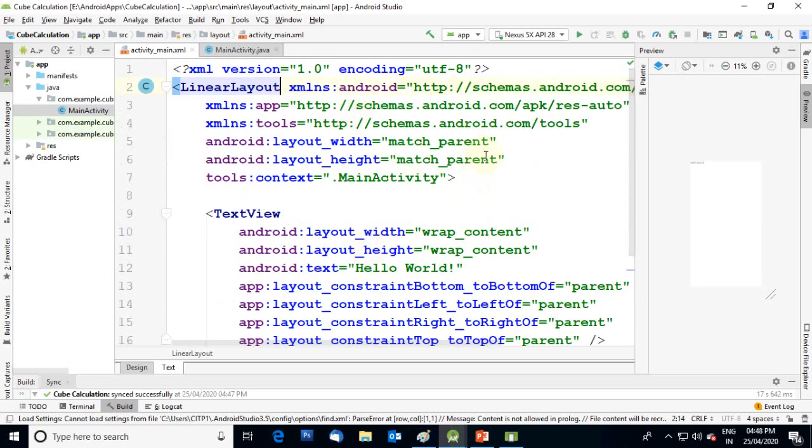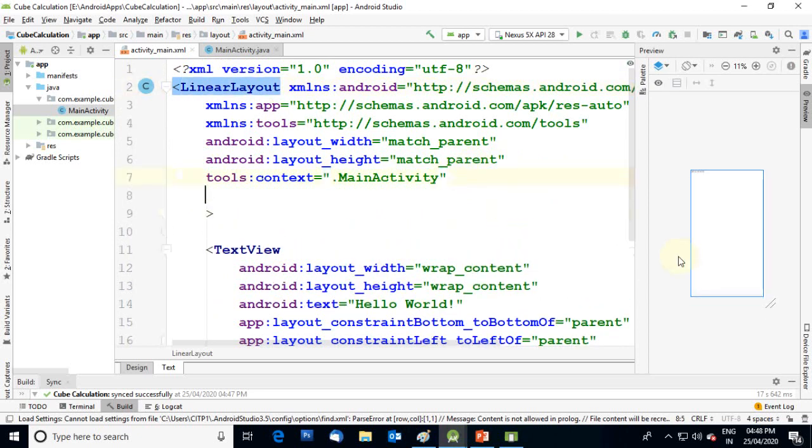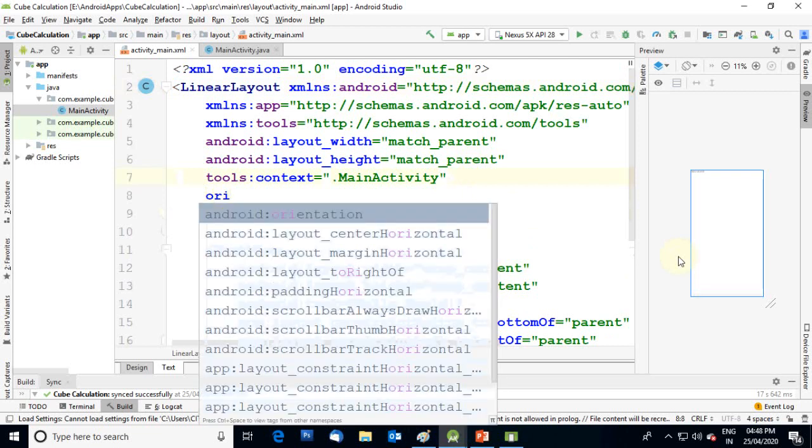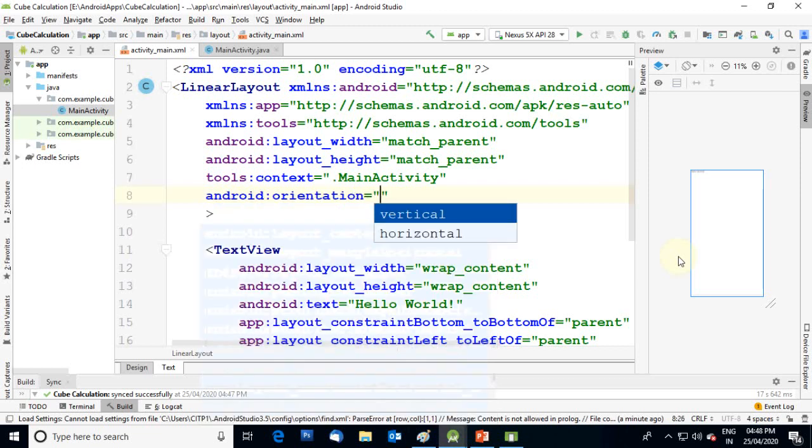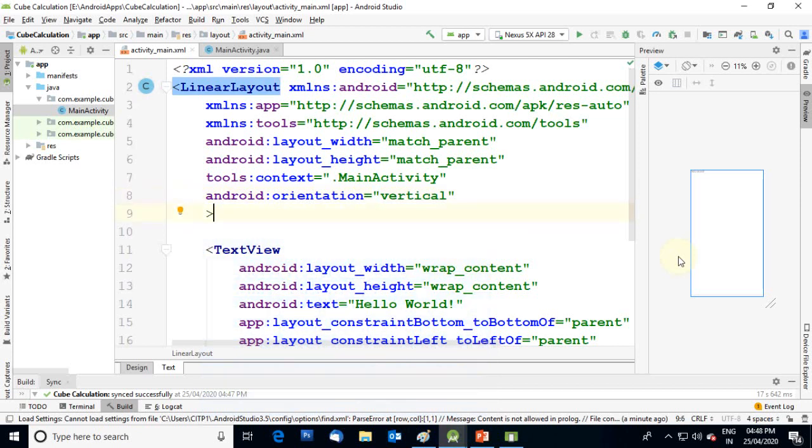The linear layout requires one essential attribute, that is orientation. Write ORI, it will display android:orientation. Hit enter, then select vertical. So whatever controls you add into that layout will be added vertically.